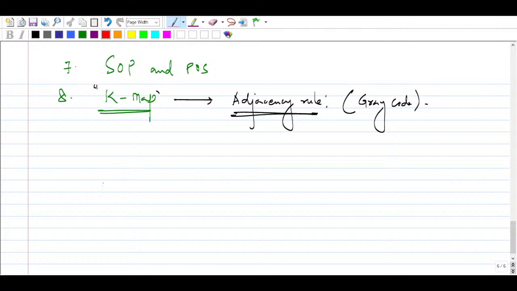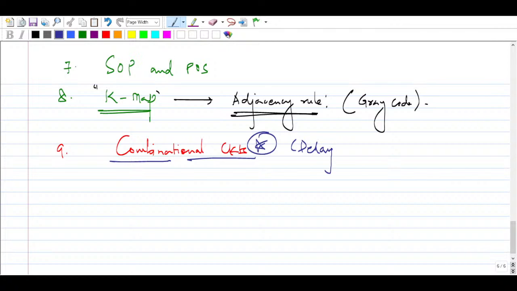And then next will be your ninth one, that is combinational circuits. One of the very important ones. I'm not going to write the subtopics here, I'm just highlighting the main topics. So combinational circuits are again very important, where mostly we will talk about delay. We have to introduce delay all the time, like propagation delay in combinational circuits. So delay is one of the key topics which will be asked.